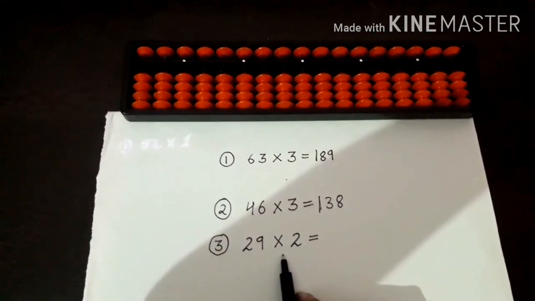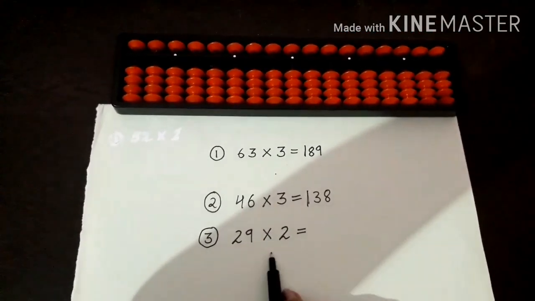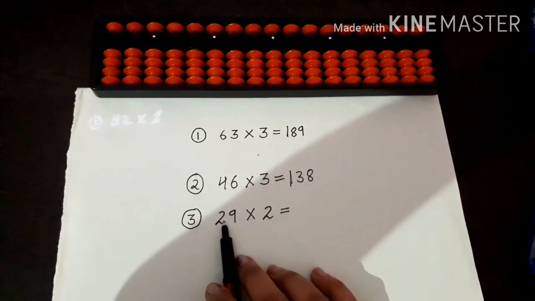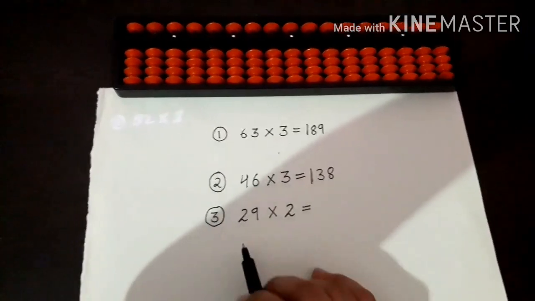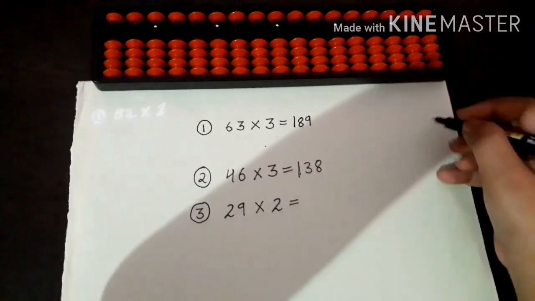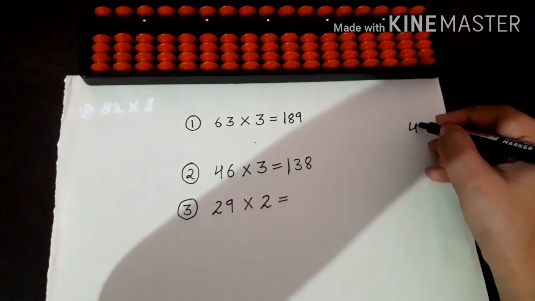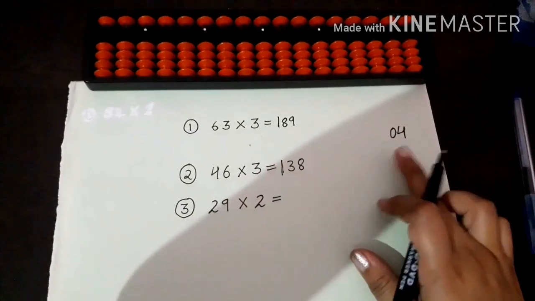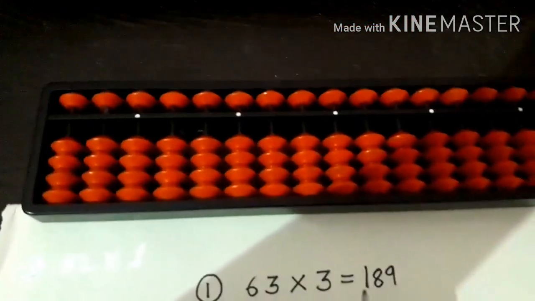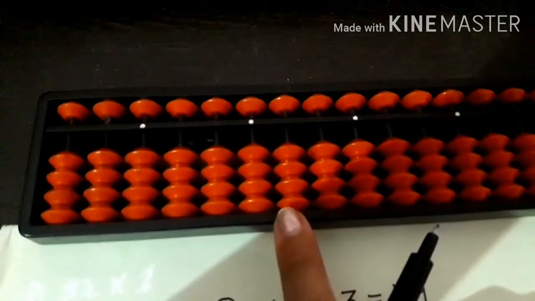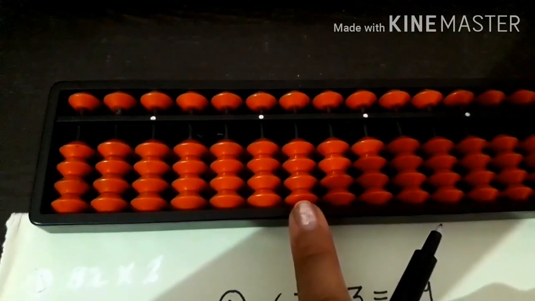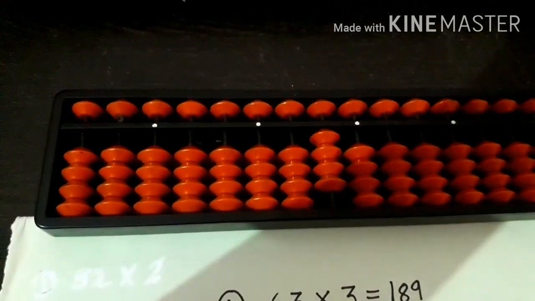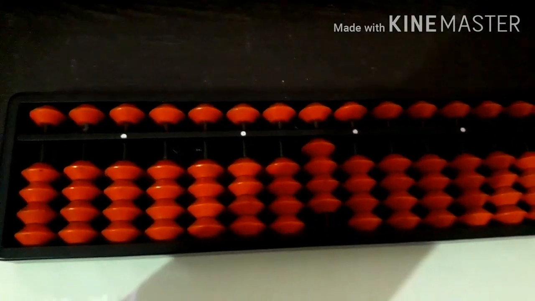Students, one more example is there. It is something different. You have to focus on it. So first of all, as I have told you, you have to multiply 2 with the first number. So 2 into 2 is 4. As it is a single digit number, you have to apply the 0 rule. Apply 0 in front of it. So it is 0, 4. Now come and focus on the abacus tool. You will start from the hundreds rod. 0 means you have to do nothing in that hundreds rod. 4 in the tens rod. As you can see very clearly.